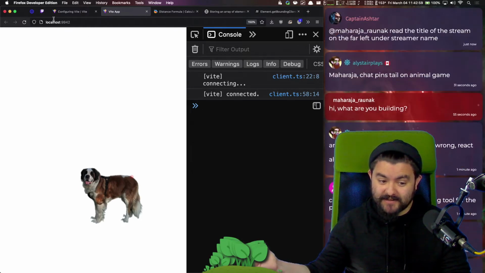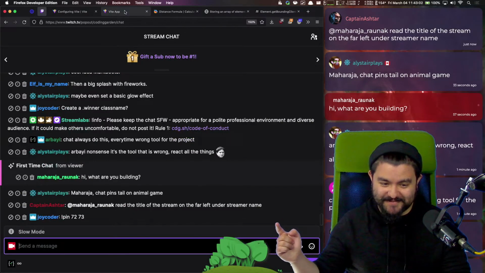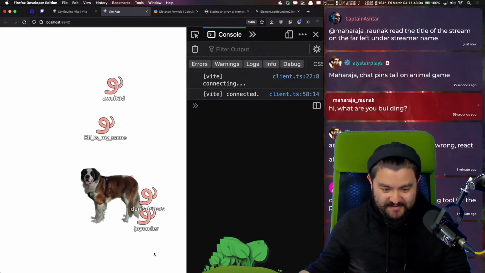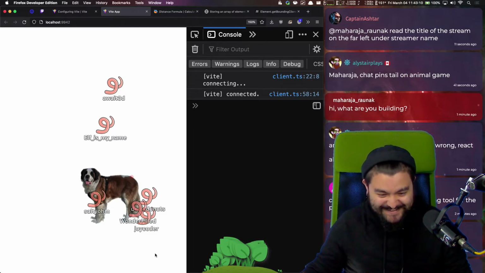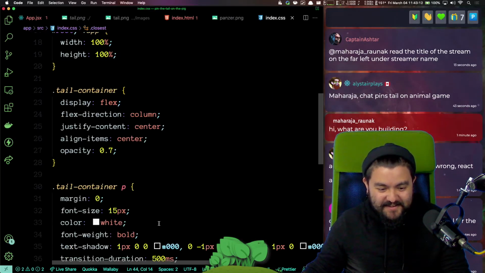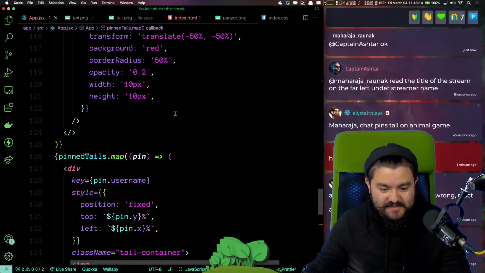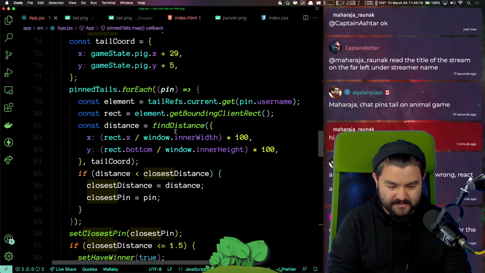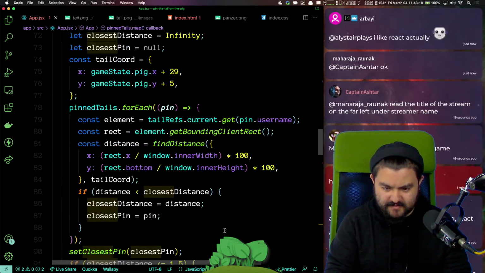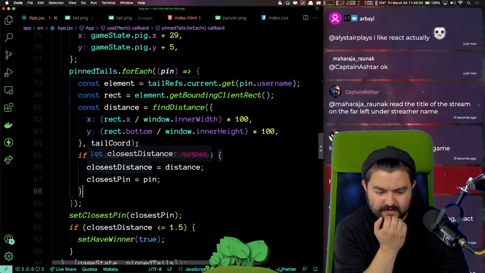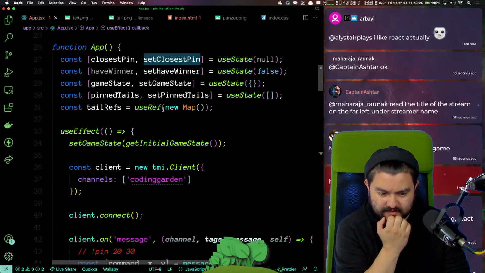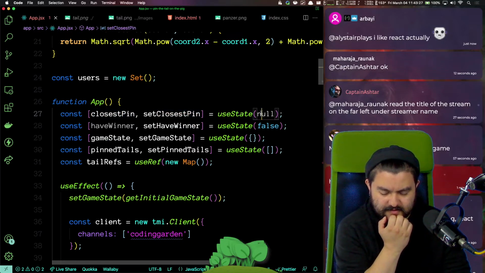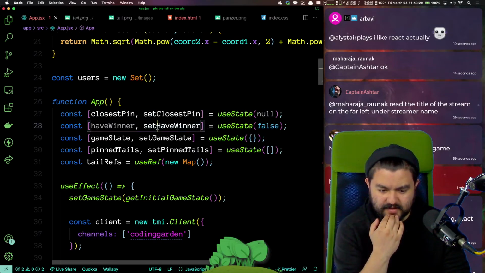Maybe? Did I break everything? There we go. So that's not working. Let's see what I was doing up here to set the closest pin. We're setting the closest pin. Should be the exact same thing.